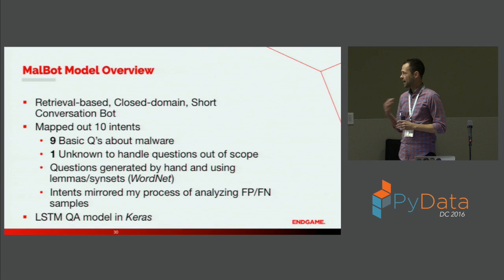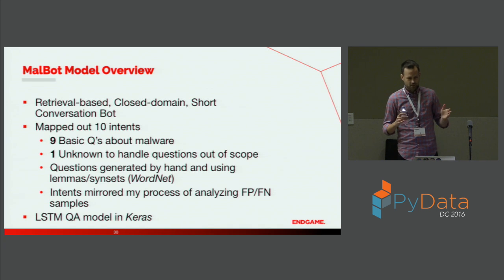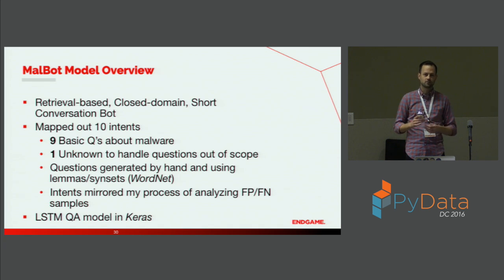So the questions I generated were generated the same way as for the airfare bot. I had 5 or 10 examples for each one, and then I started using lemmas and hyponyms, and grew that set out to a more respectable, like, 100 lines. And then with the addition of logging, I was able to grab from my colleagues how they were questioning things. And that more or less replicated my beginning and end to analyzing false positives and false negatives.